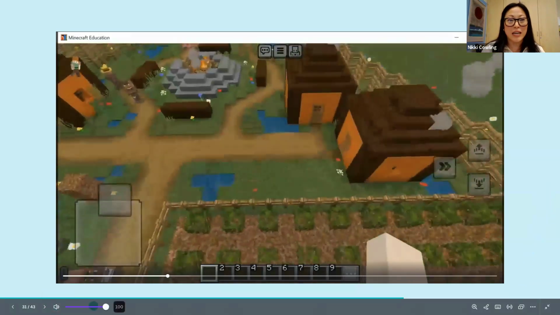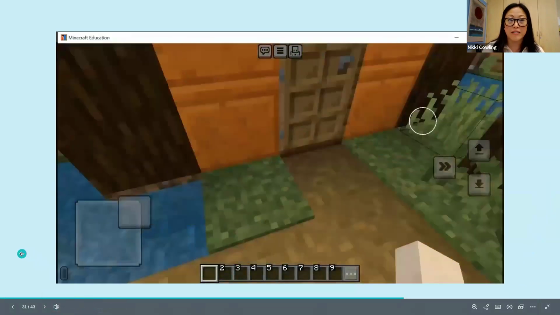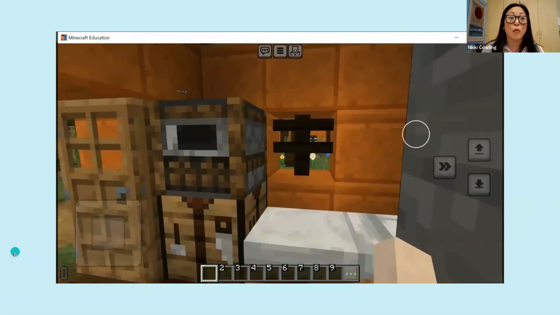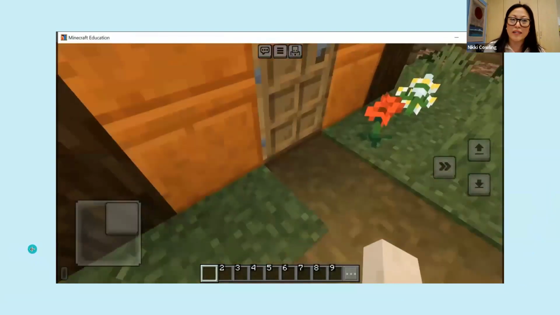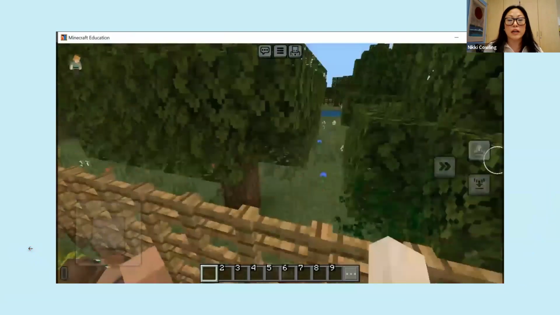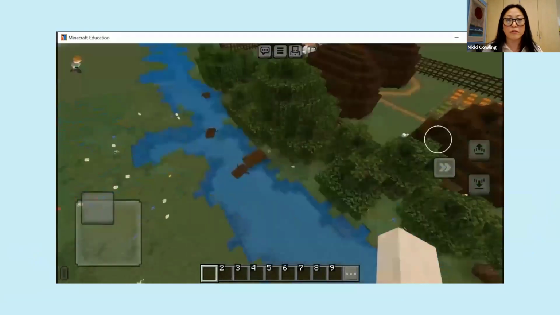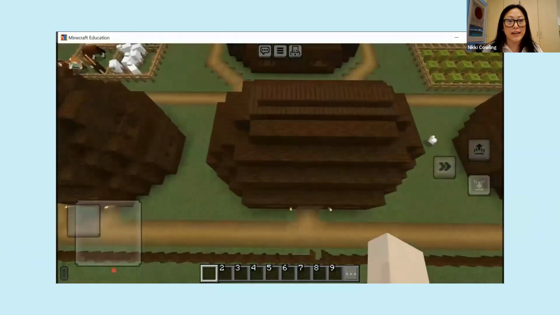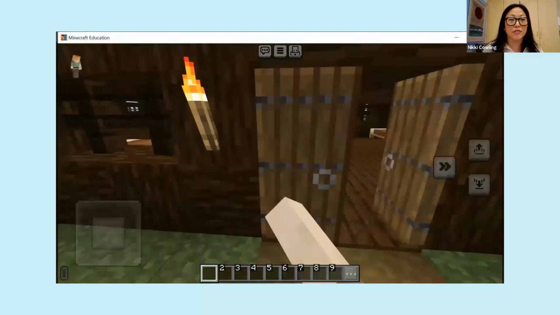Even down to the types of crops that they were allowed to plant, the types of animals that they were allowed to have, how the structures were built and where the fires are. And I talked about, do you have windows? Where is your glass from? And so they would build these structures, but then they would go back and change it, trying to make it realistic. You can just see the amount of detail and creativity.